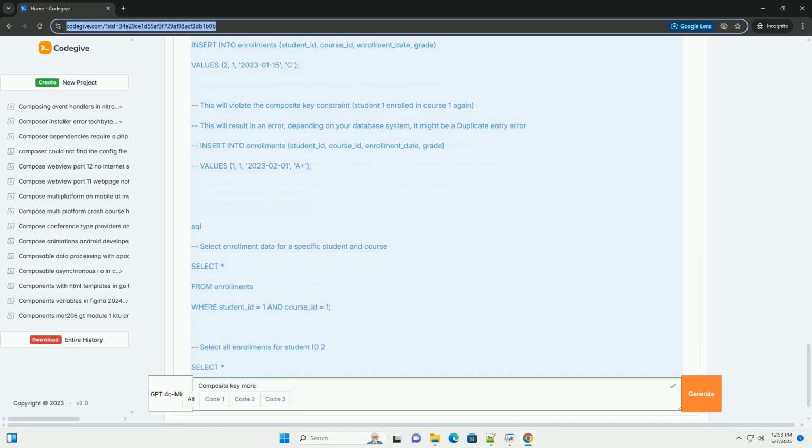8. Composite foreign keys. You can also use composite keys as foreign keys in other tables. Suppose you have a table called attendance that tracks attendance for each enrollment. The attendance table would need to reference the enrollments table. In this example,